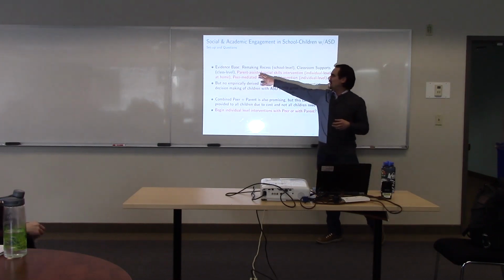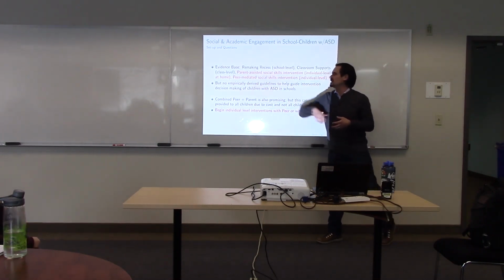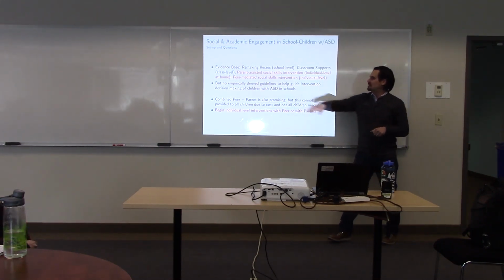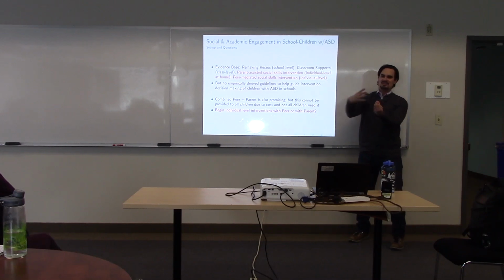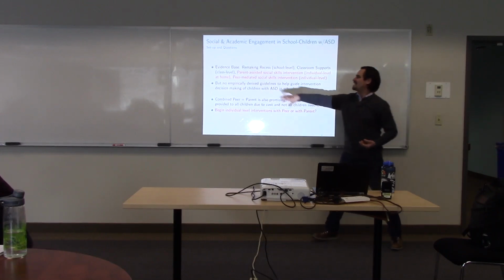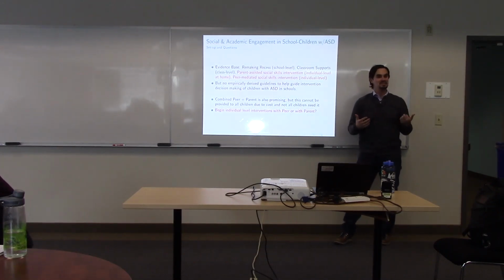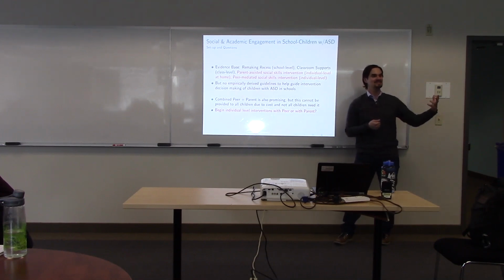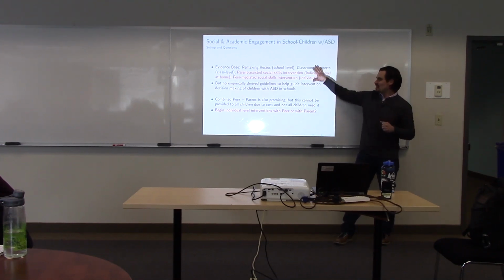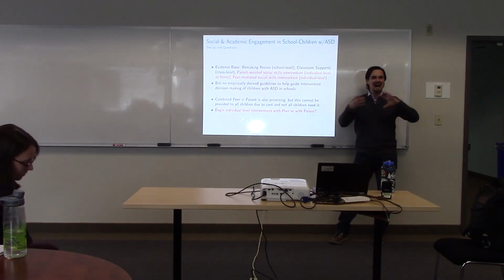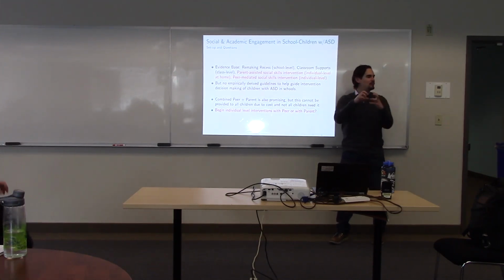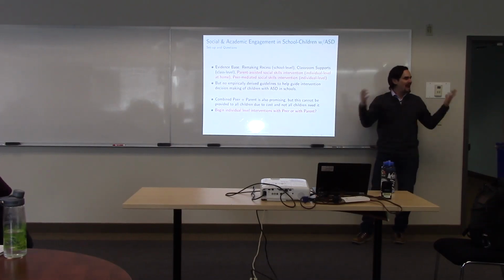There's also parent-assisted social skills and peer-mediated social skills interventions. The peer-mediated one is interesting. You get your child with autism, and you find 4 peers, and you have the peers intervene on the child. Pretty cool. Parent is where you're intervening on the parent, teaching them how to do play dates with other families with autism. Totally cool. These work, but there's no guidelines to help guide how you decide among these interventions and how you cobble them together in a school environment. Okay? No guidance on that.